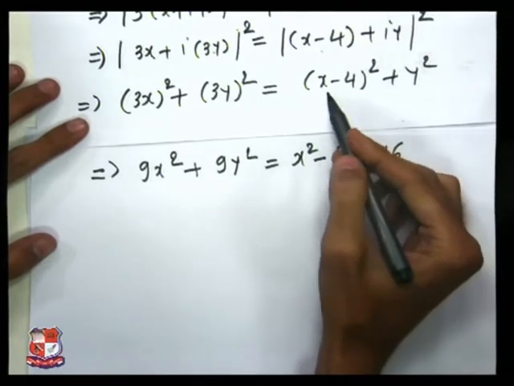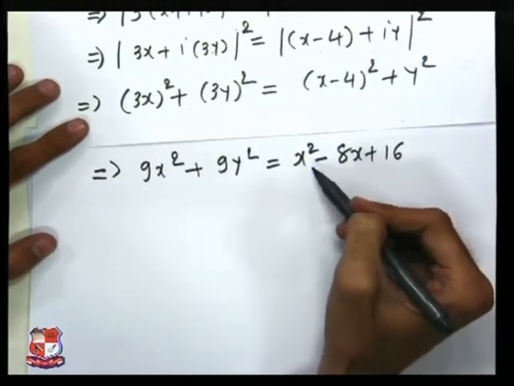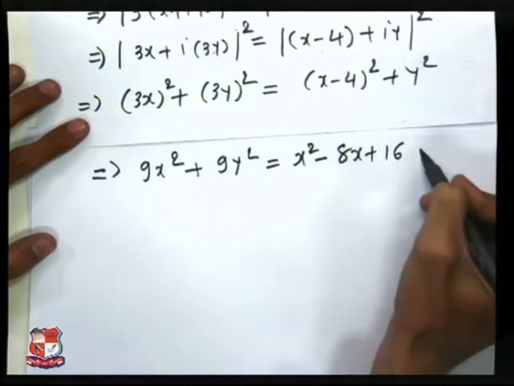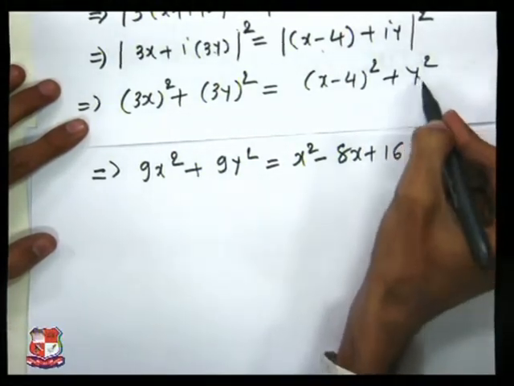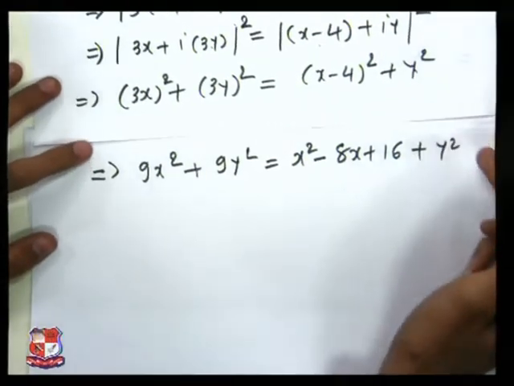This is the simplification of this one: (x minus 4) whole square is equal to x² minus 8x plus 16, and the y² as it is here. Okay, after giving the simplification in this way,